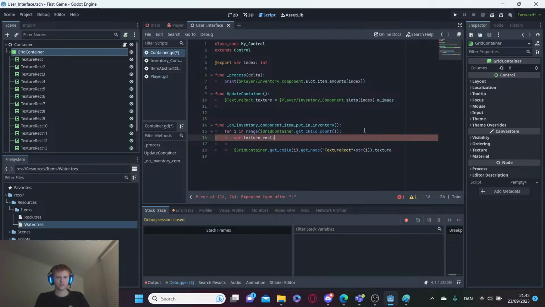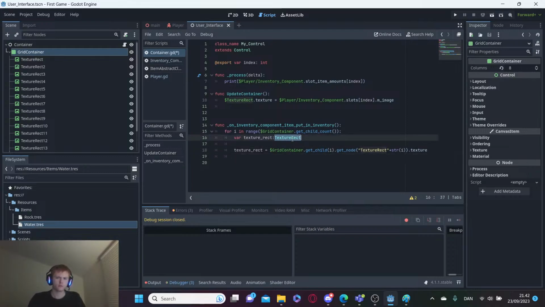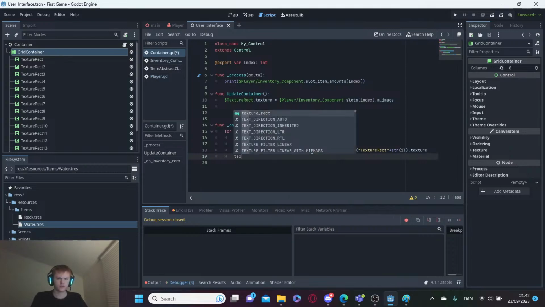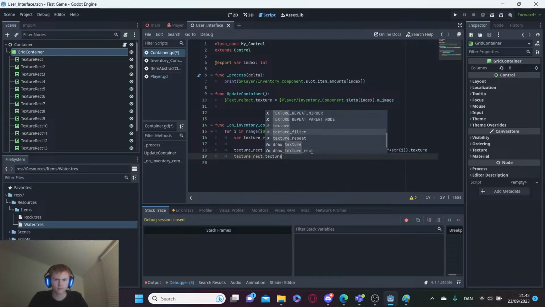Shift type texture rect. We say this is equal to this. And then we say texture rect dot texture is equal to